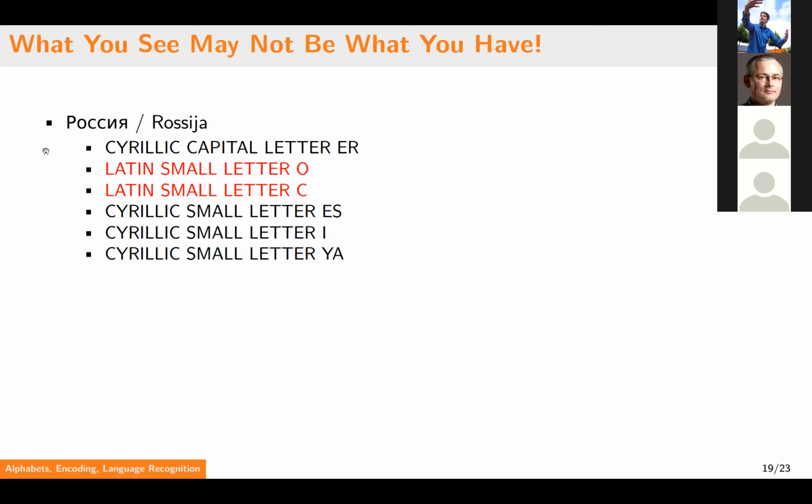And sometimes if people type it on a foreign keyboard, it can happen that they mistakenly use a letter from the different alphabet, and they type English instead of Russian, even though they wanted Russian. There are more